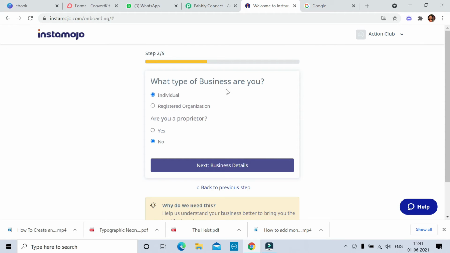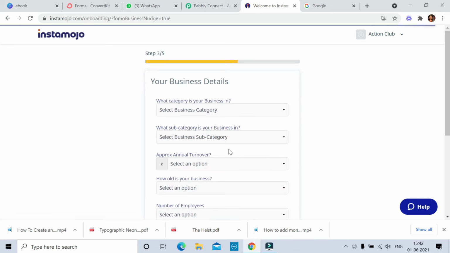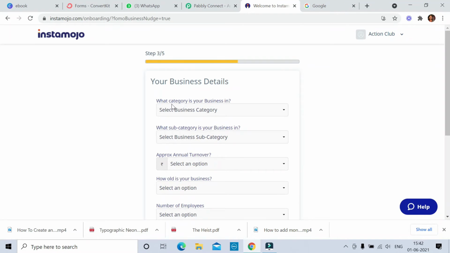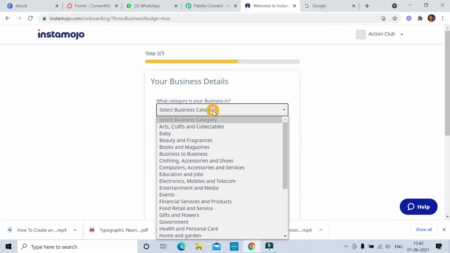Now, what type of business are you? Click here, individual, and are you a proprietor? No. Business details, next. Step 3 is what category is your business in? Select a category.